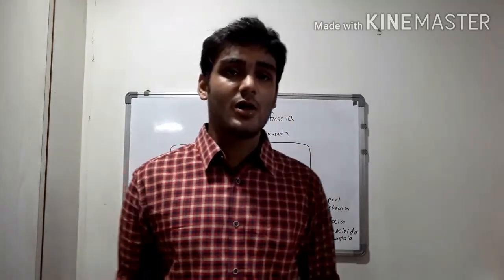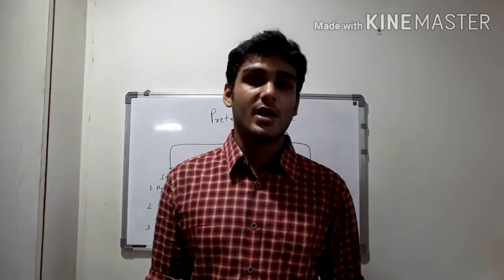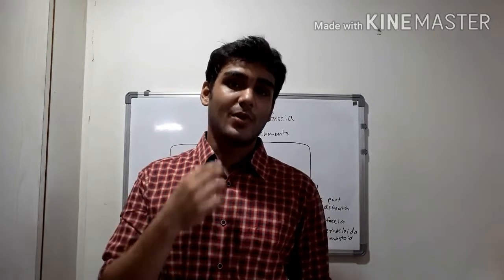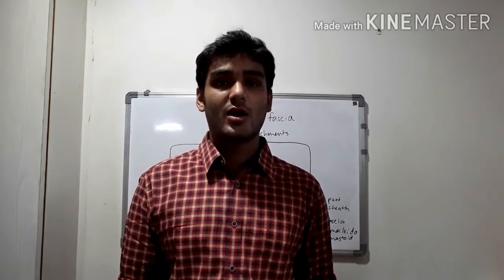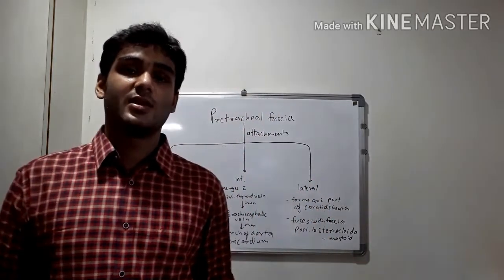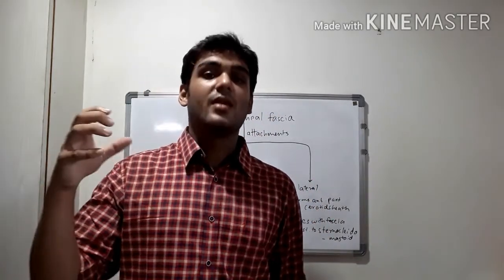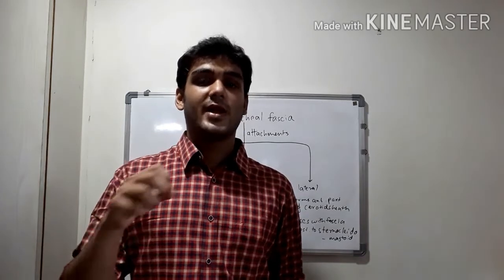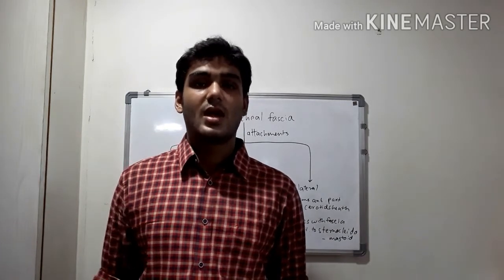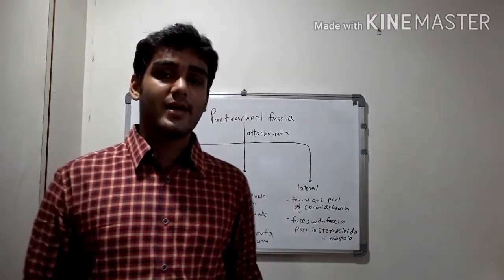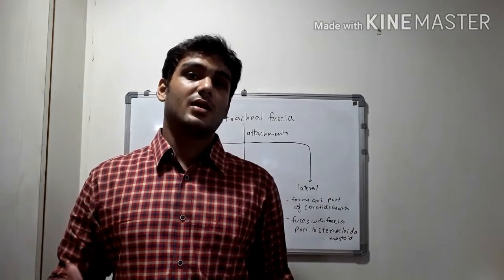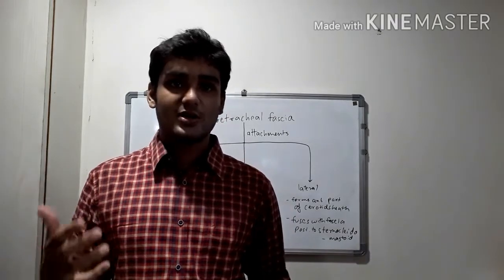Quick revision of all the attachments of the pretracheal fascia. Superiorly, we have the hyoid bone in the median plane, then the thyroid cartilage, the oblique line on the thyroid cartilage, and the cricoid cartilage, which is most lateral in the superior attachments. Inferiorly, it merges with the inferior thyroid vein, then with the brachiocephalic vein, and lastly with the arch of aorta and the pericardium. And laterally, it forms the anterior of the carotid sheath and fuses with the fascia posterior to the sternocleidomastoid muscle.